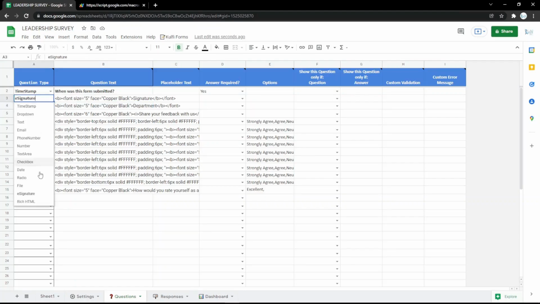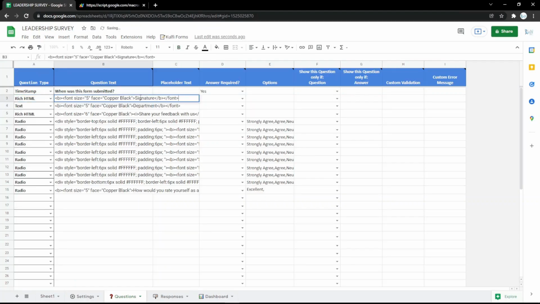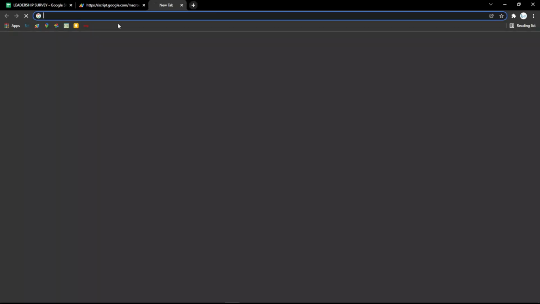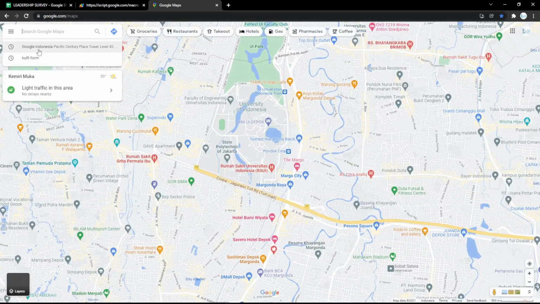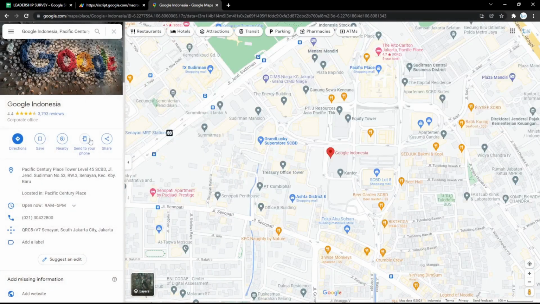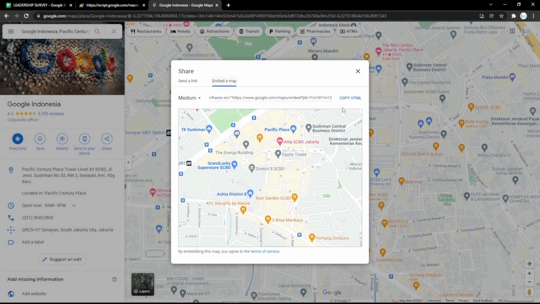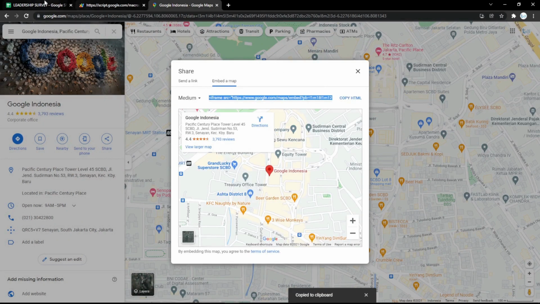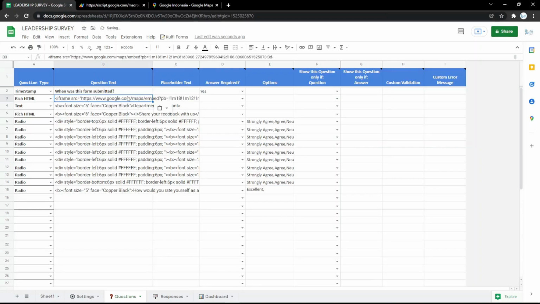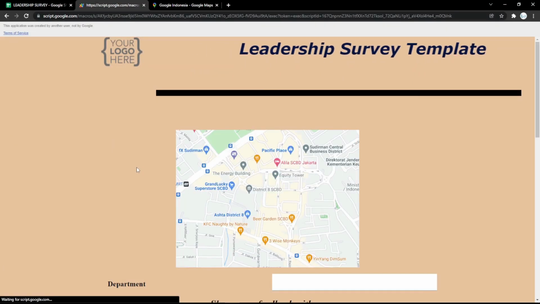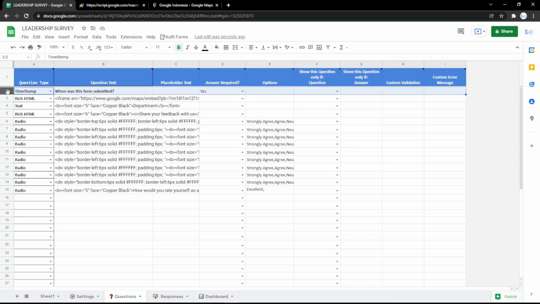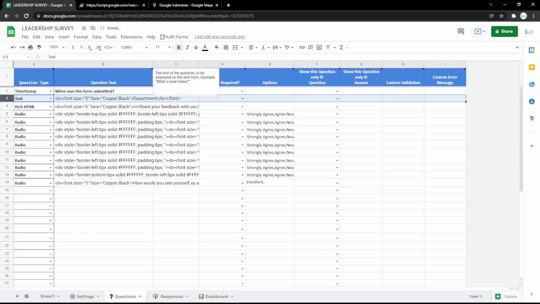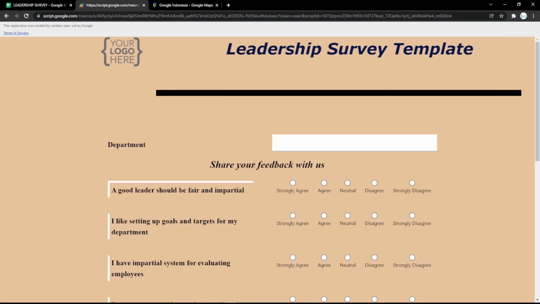And then you can also use the HTML like this. So for example I use Google Maps here, and just copy the link of the location. Then you can paste it in the rich HTML like this, so the location will be shown in the form like this. For example, you can also delete the row if you don't use it anymore, so it will disappear